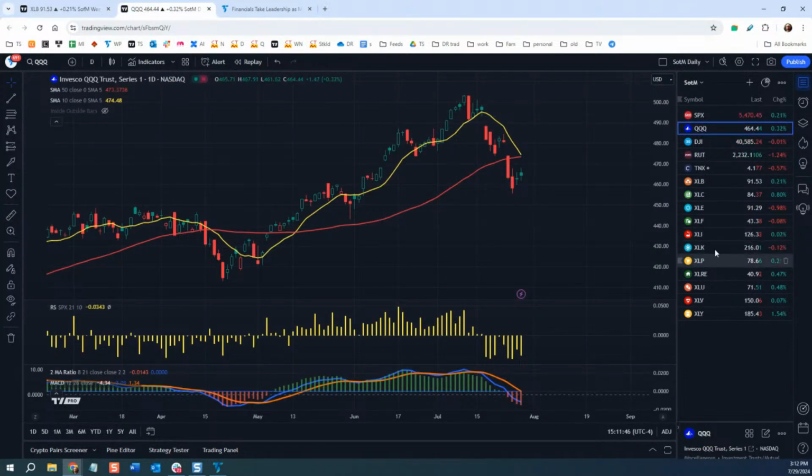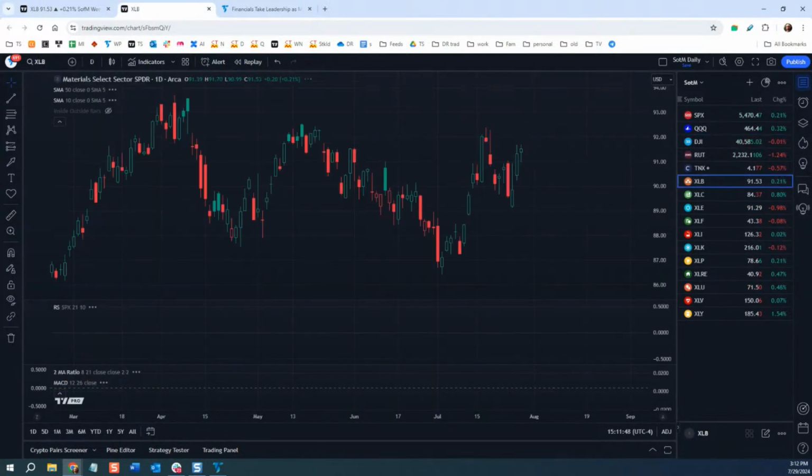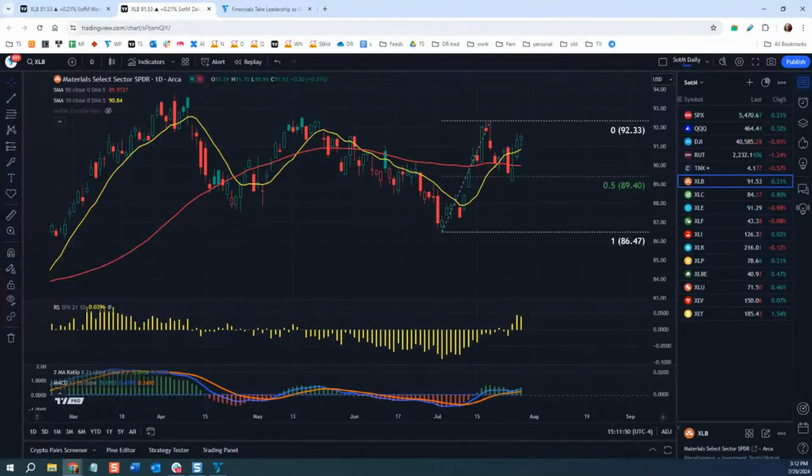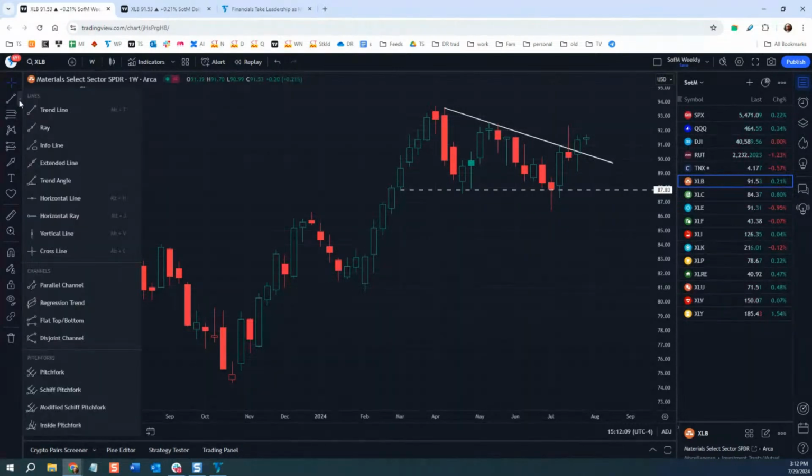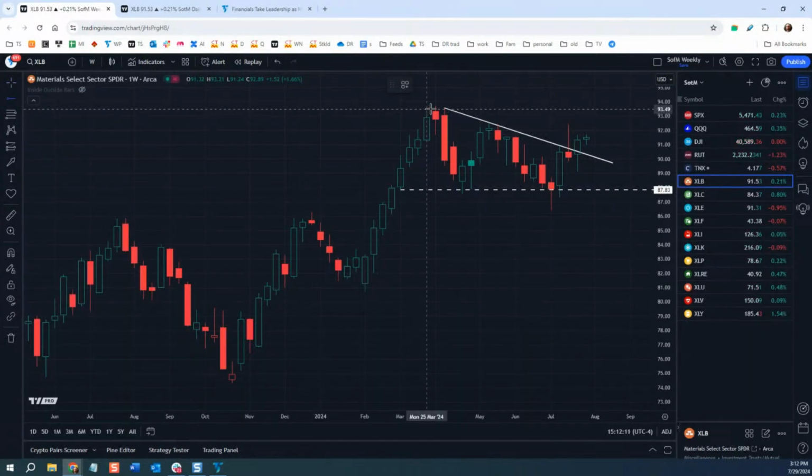If we look over on the daily chart, XLB, we can see here that basically it held the 50-day moving average. Also, if you look at this move from here to here, it held 50% of that. So these things are all giving a sense that this is starting to get more interesting, or starting to get more bullish. However, I think it's important to realize that the level a lot of people might be watching here is more for a close up somewhere in this area, closer up to 93.25.